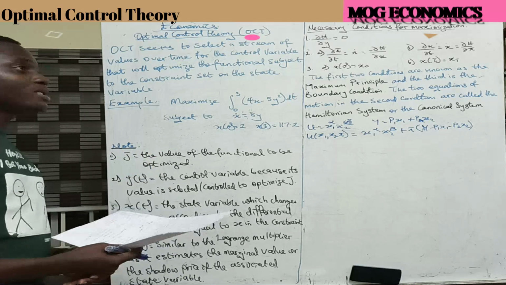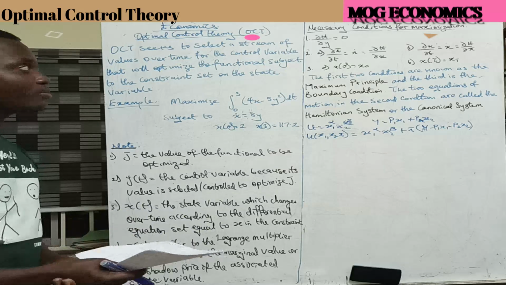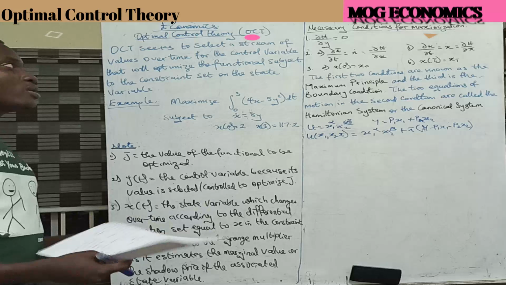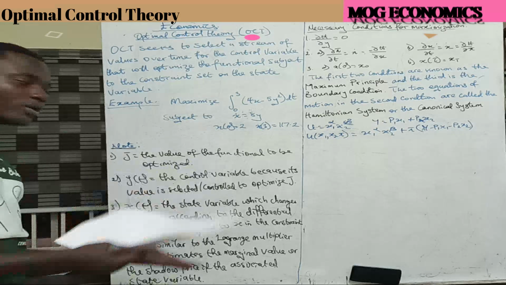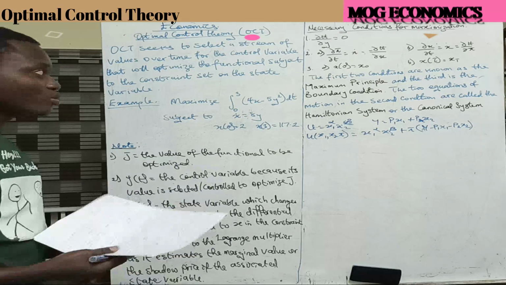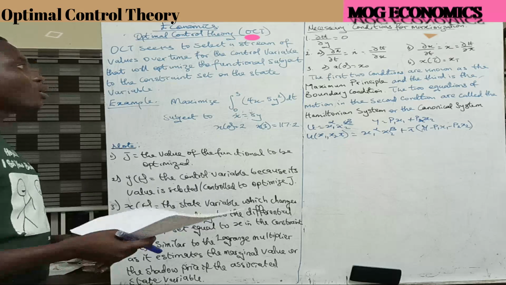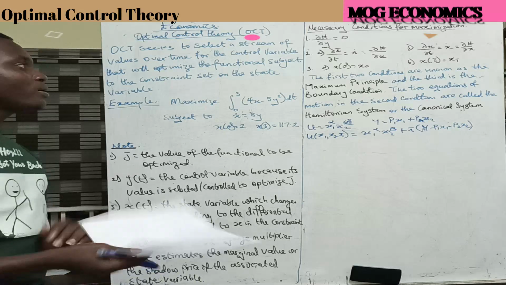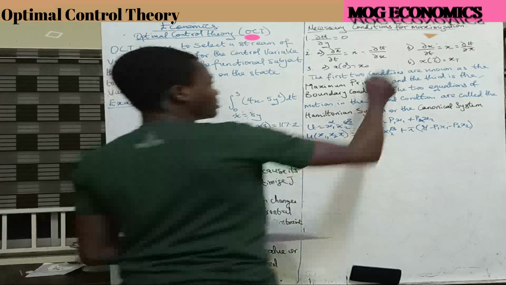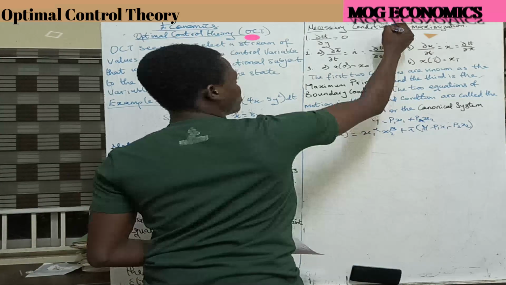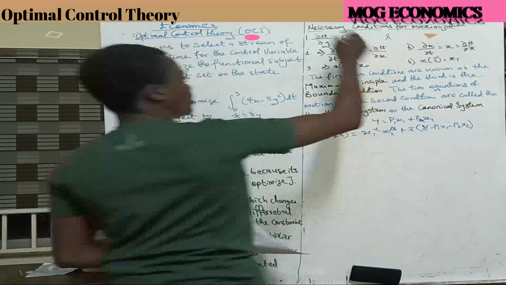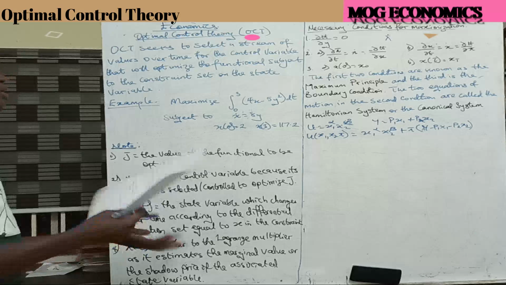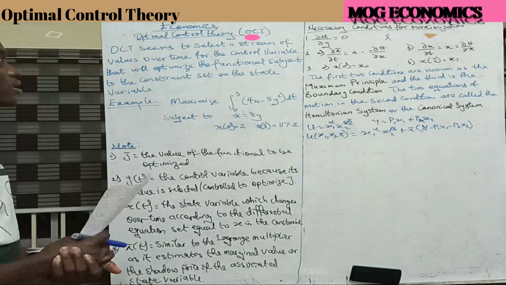It's the same thing as what we did when we were looking at calculus of variations and the Hessian. So the first thing is the partial of H with respect to y, because the H comes from when you set up your Hamiltonian. So that's the first thing you do: the partial of H with respect to y equals 0. Then the next one is the derivative of lambda with respect to t. It is written in a certain way, but it's easier for me to write it like a profit. So the derivative of lambda with respect to t equals to